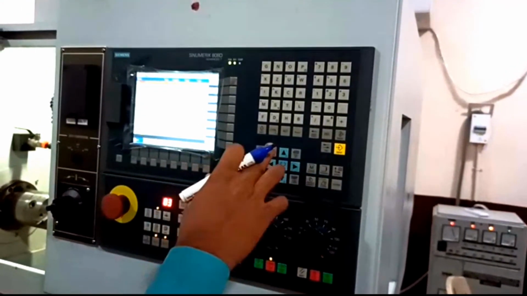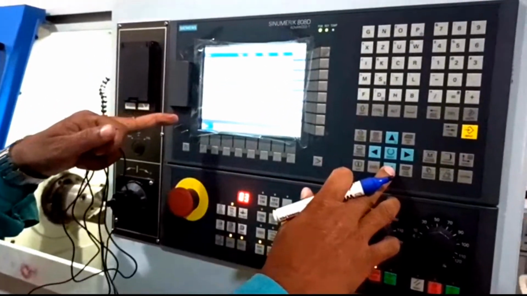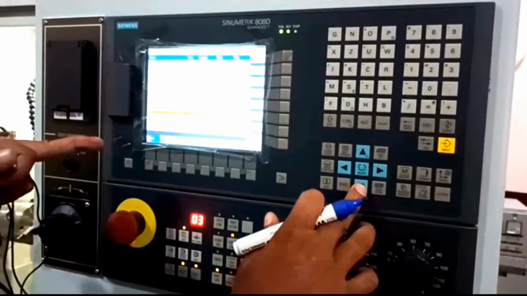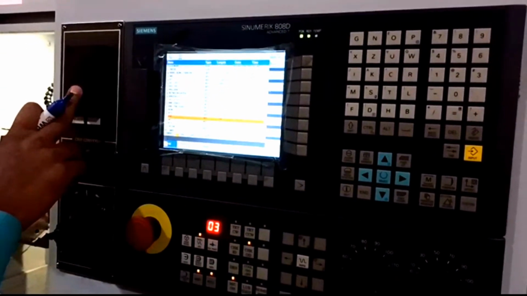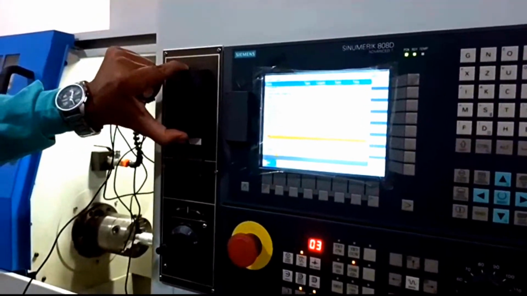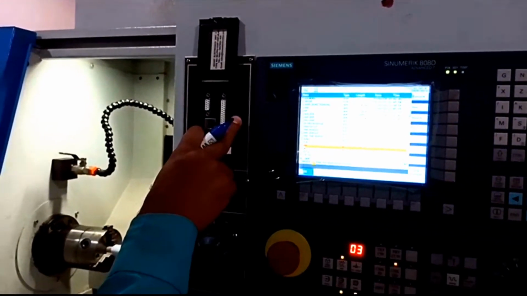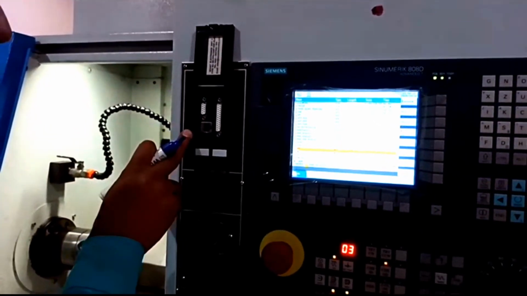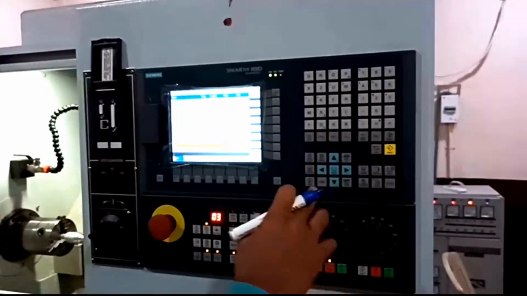Go to the program manager and then select any program from our files which is previously loaded, or we can take the program from any pen drive or any other device which we can insert here. Then select the program which we want to execute.